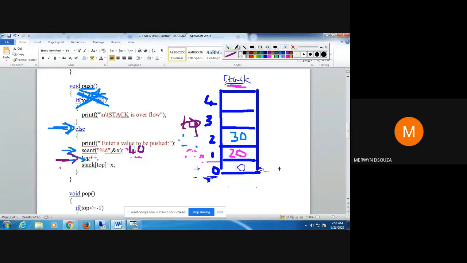In the next line insert 40 where top is present. So 40 will come here in the stack. Suppose you call push now for the fifth time. The value of top is now 3 and this is 4.